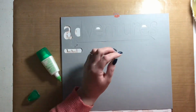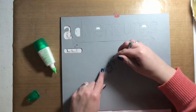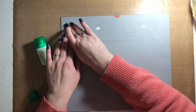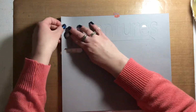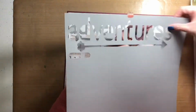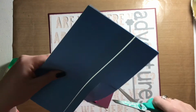So I'm working on the title right now. I'm just using the sheet of paper that the title was cut from to adhere my title. I wanted to make sure it was straight and evenly spaced from top to bottom on the layout, but I epically failed in that aspect